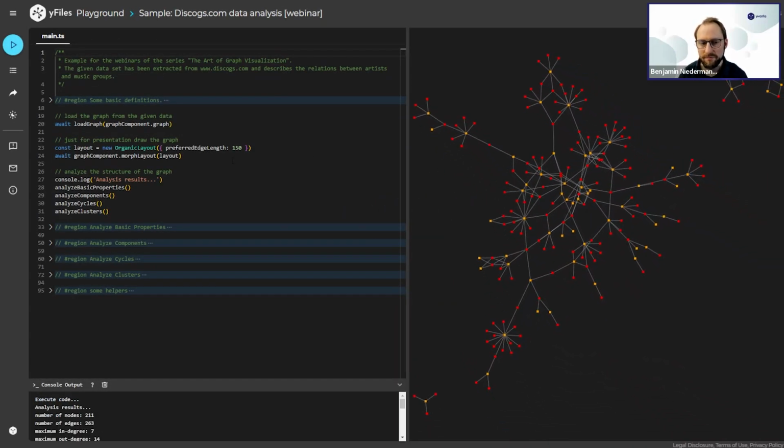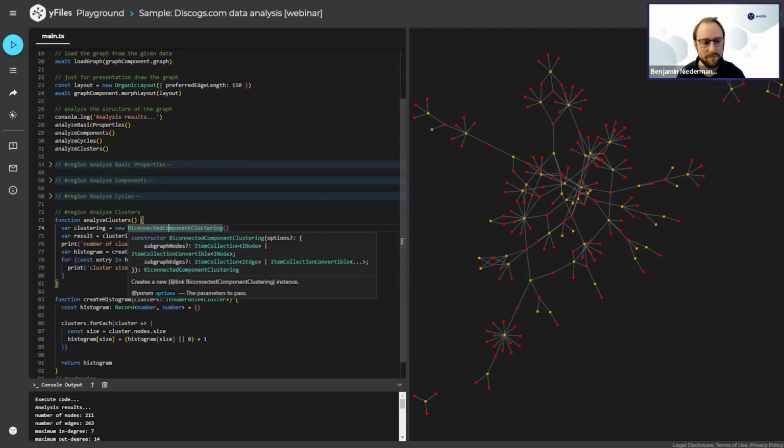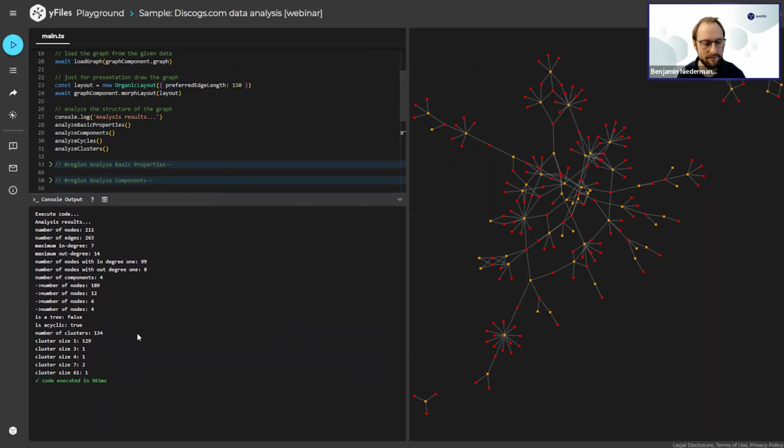And what we can do is we can analyze or find all biconnected components. What I will do here is I just use this biconnected component clustering algorithm, I run it, and then I create a histogram that tells me how many biconnected components I have. So for example, in this case, I have one biconnected component with 61 nodes, but I have many components that only consist